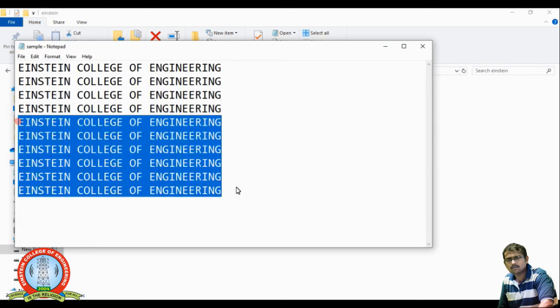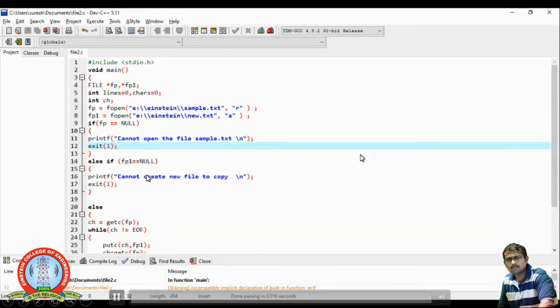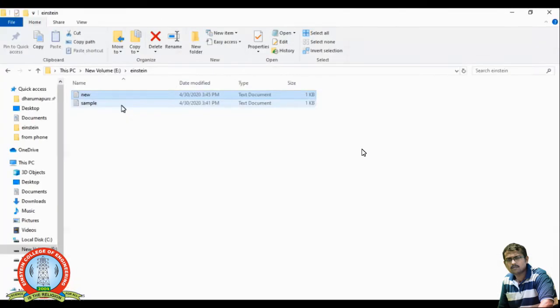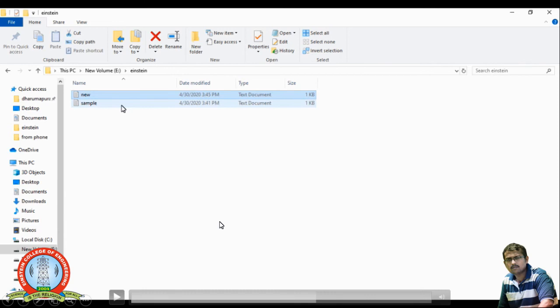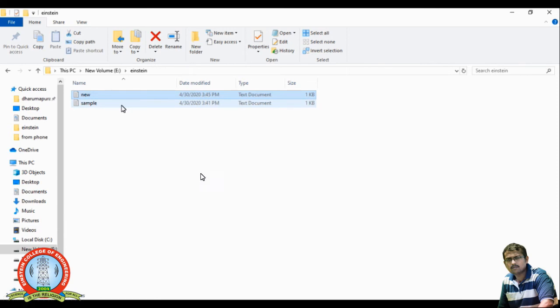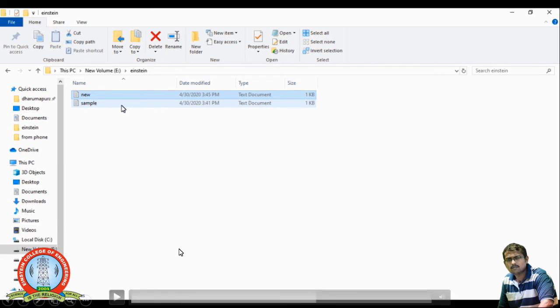So the contents which are present inside this file are put over there. Now what I have here is two files: one is sample.txt and the other one is new.txt. I am going to make some changes in this sample.txt,